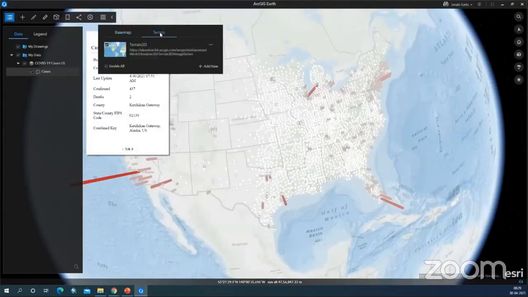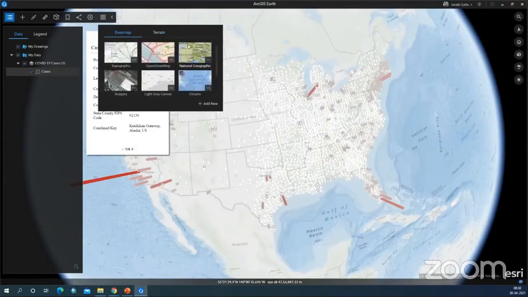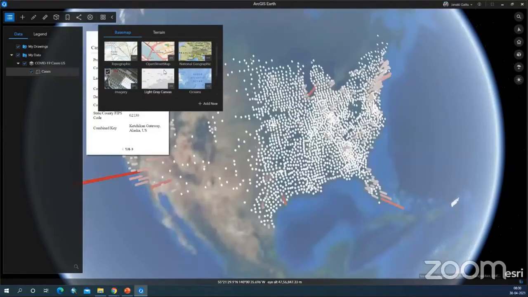Okay, and you can also use this, which is using the terrain elevation service, Elevation 3D from ArcGIS Online account. And if you have other 3D features which you want to have the elevation as your base map, yes, you can add that as well. So for now, this is the one. I'm going back here.